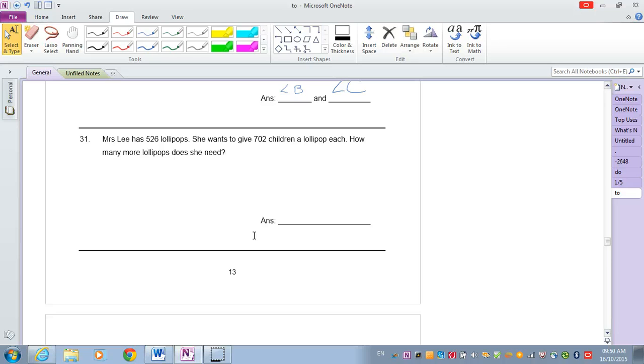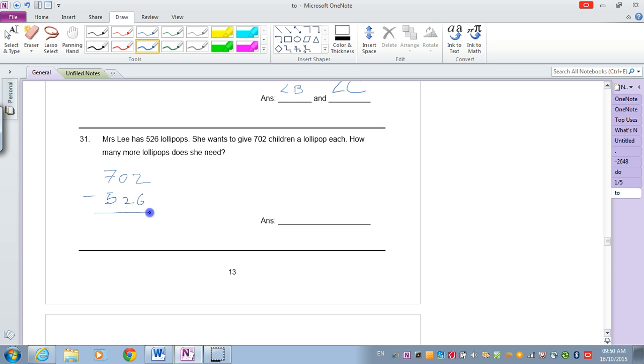Mrs. Lee has 526 lollipops. She wants to give 702 children a lollipop each. How many more lollipops does she need? One child gets one lollipop. So if I have 702 children, I will need 702 lollipops. She already has 526 lollipops. So how many more lollipops does she need? What do we have to do? We have to use 702 to subtract by